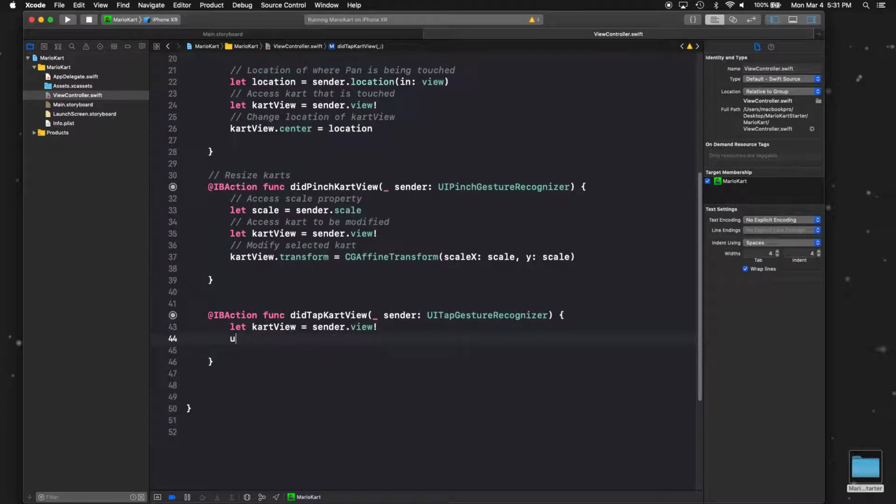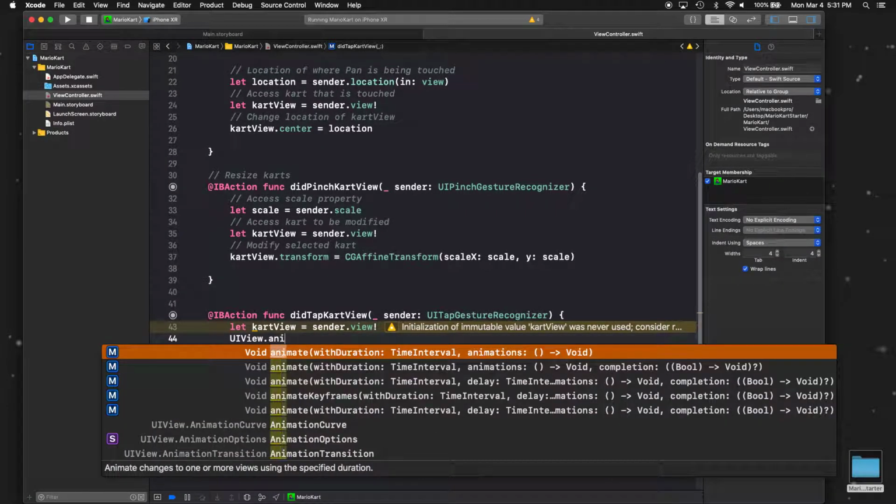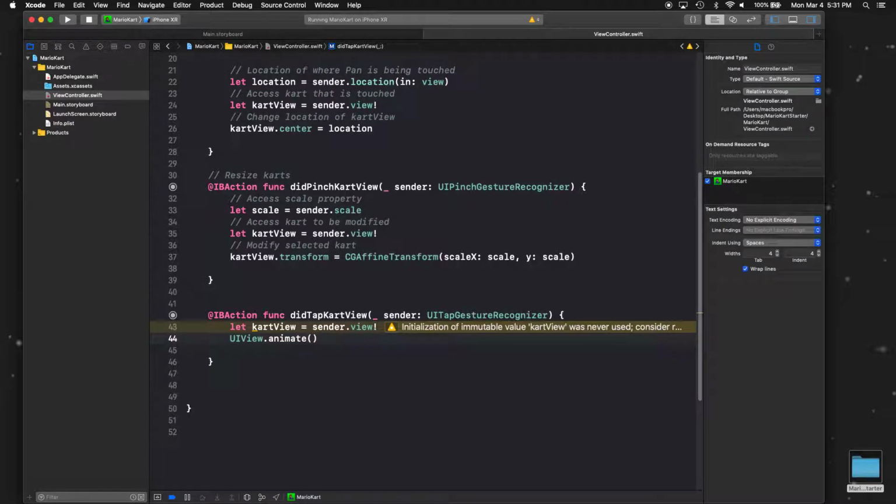And now we're going to access a method from UIView that allows us to animate an image so that it can move. In order to do that, you're going to need a basic understanding of math to see what happens here. So call UIView.animate with duration